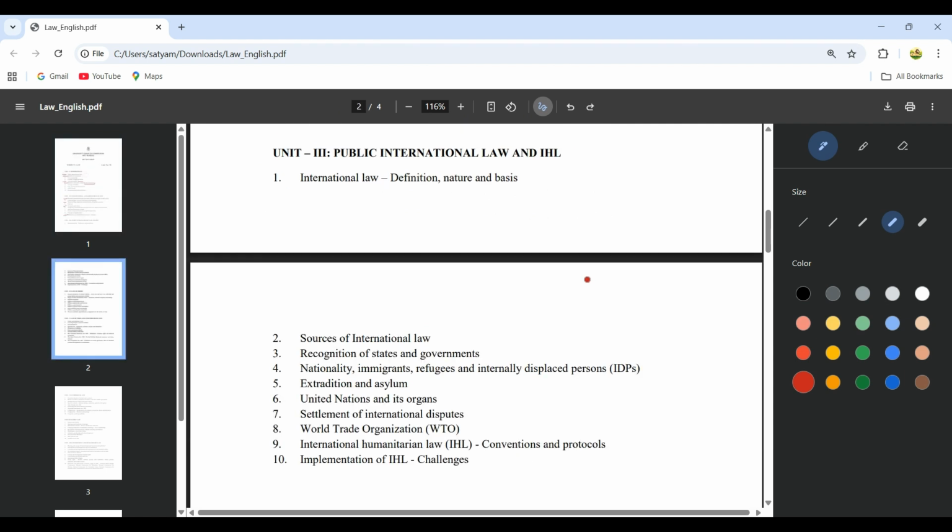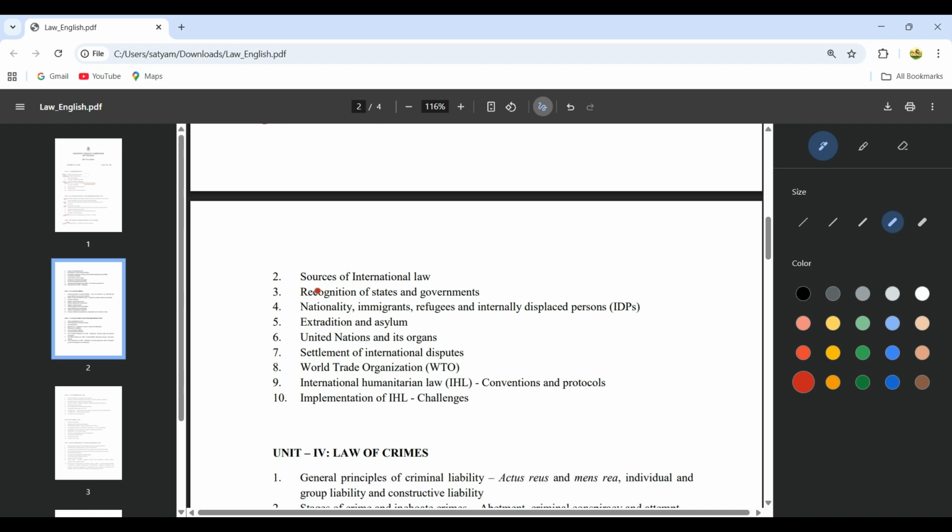Moving on to the third unit, public international law and IHL. A lot of questions are being asked from this particular unit since the last few years. So important topics under this unit will be international law, definition, nature and basis. Definitions are asked under this unit. And then the most important topics would be settlement of international disputes and